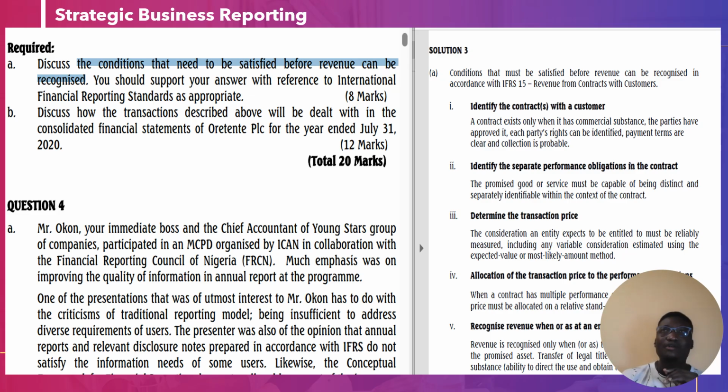So you will now say the conditions that must be satisfied before revenue can be recognized, but you have to be fast. You understand? You have to be a factor of time. In accordance with, you now state the standard. Even if they do not tell you to state the standard, you state the standard. If they say, okay,